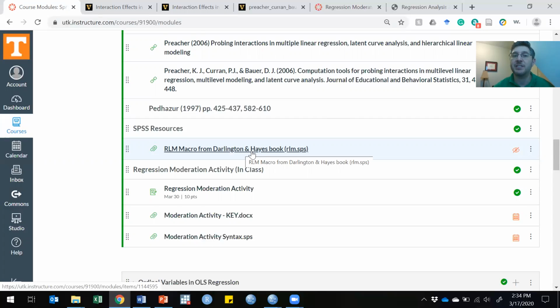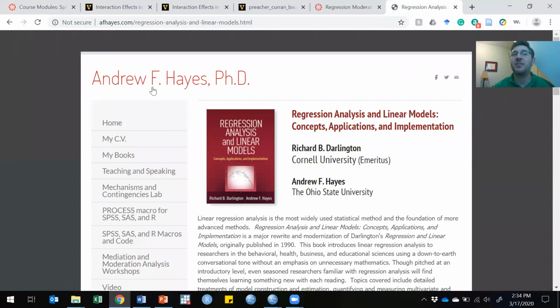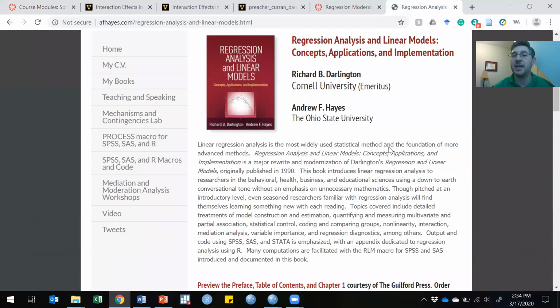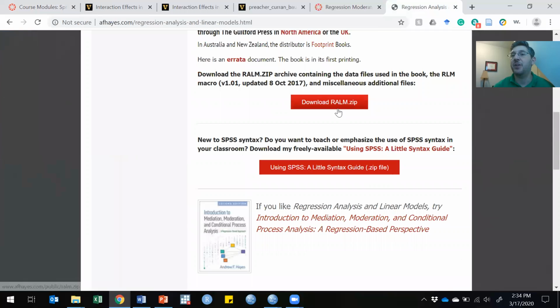I'll talk about it some in my regression moderation activity. We'll use it. It does a good job of probing interactions in certain situations. You can also download it if you just Google the name of our book. It brings up the book's main page, and you can download a zip file which contains all the data sets in the book, as well as this macro